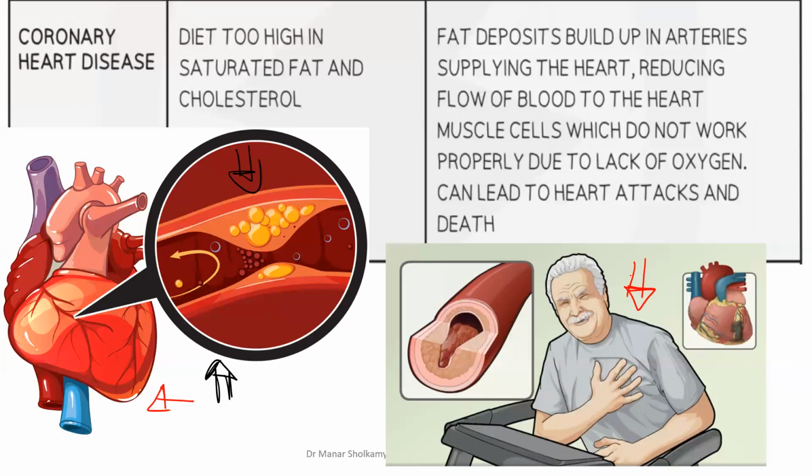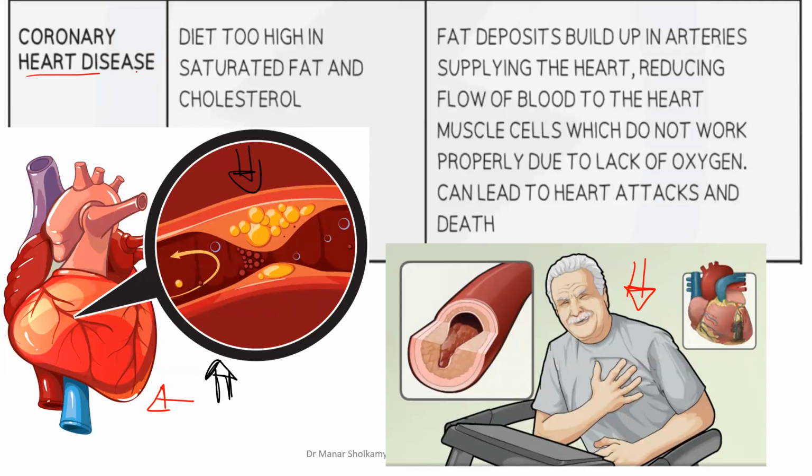So this is an example of malnutrition, because you're not eating a balanced diet, because your diet is very high in fatty foods. And don't think that this cannot happen. This happens and starts at your age. That is why it's very important to be aware of your diet, very important to make healthy choices, even if you are still this young, so that you prevent those diseases when you grow up.